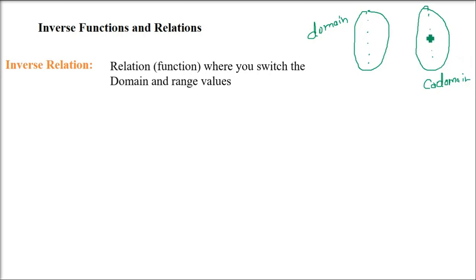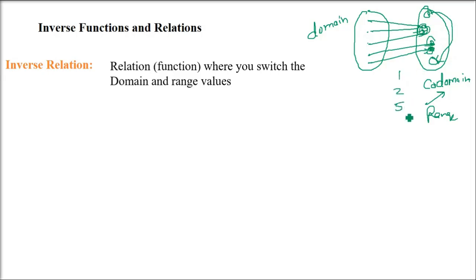The values which are being mapped are called the range. All the values in the y set are the codomain, but only the values of y which are mapped from x are called the range. So in these 4, just assume that 2 are mapped, 2 are not. So 2 values will be in the range, but all 4 values will be in the codomain. Codomain is all the values.